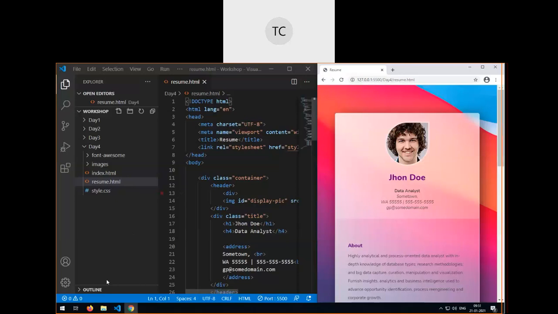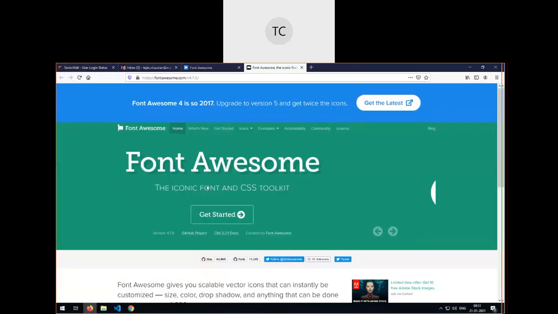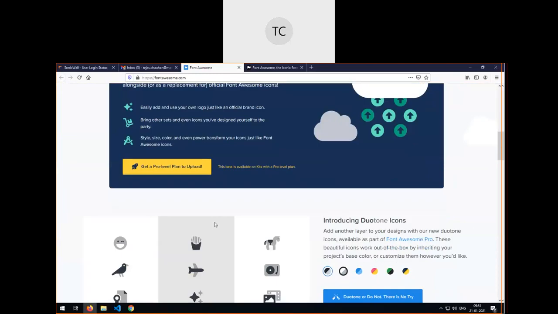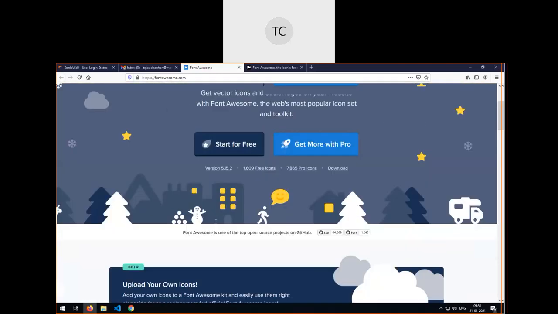If we want to use those font icons, then the very well-known font icon pack is Font Awesome. Now current version is 6 going on. You can use this font icon,